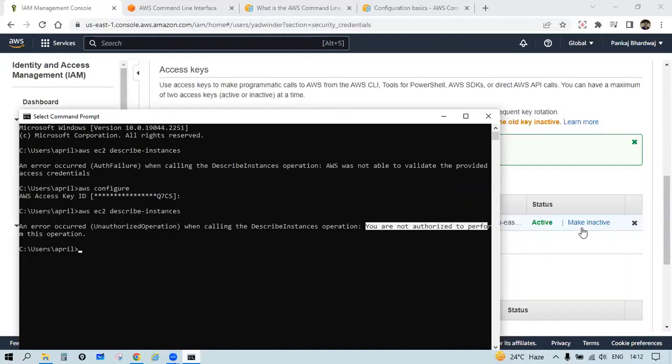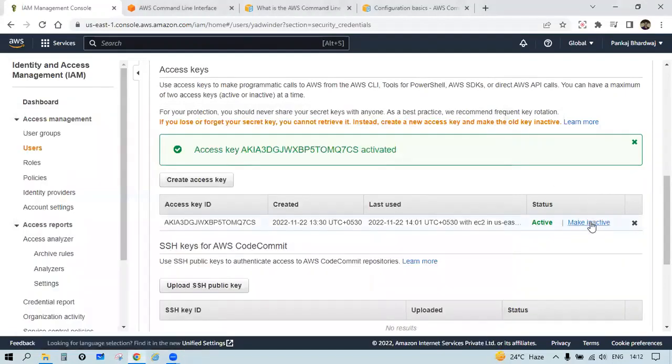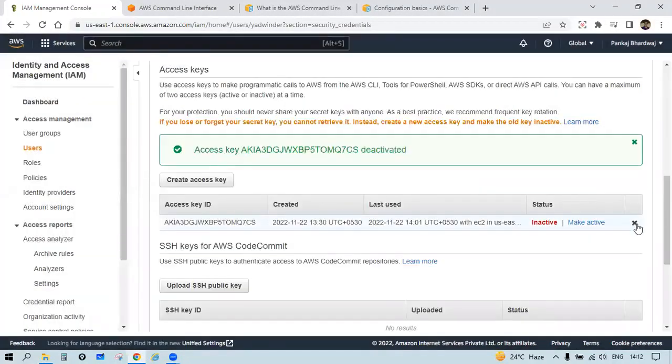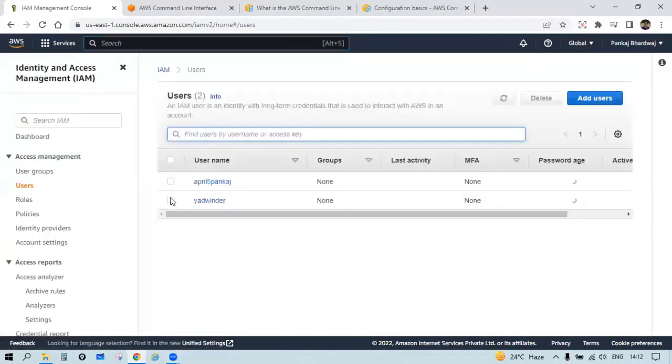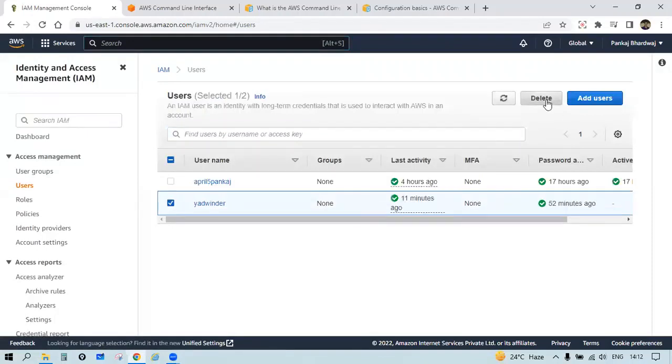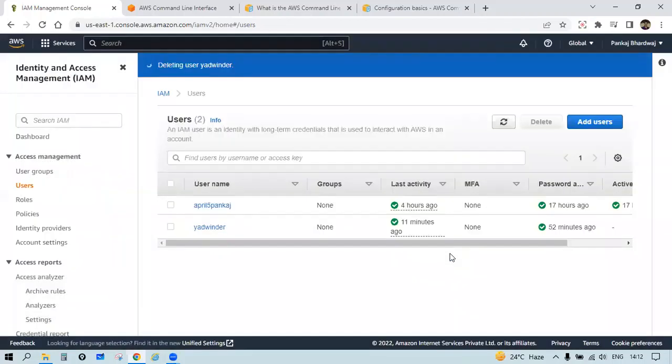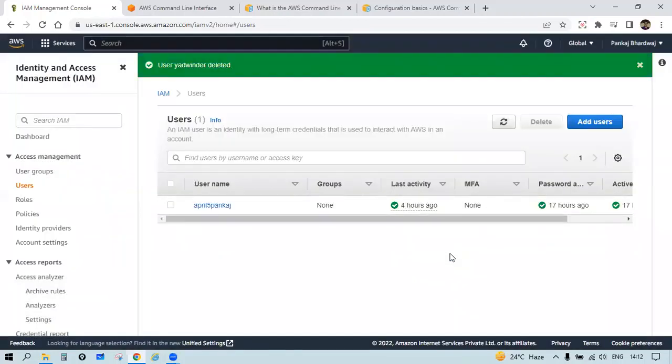सो जस्ट क्लिक ऑन मेक इनएक्टिव। You can also delete this particular access key ID as well। अदरवाइज चूंकि मैं इस यूजर को ही डिलीट करने जा रहा हूं, ठीक है, तो इफ आई क्लिक ऑन दिस पर्टिकुलर यूजर और अगर मैं इसको यहां से डिलीट कर देता हूं, तो यहां पर मुझे डिलीट। सो IAM यूजर जो मैंने क्रिएट करा था, दिस यूजर हैज बीन डिलीटेड।